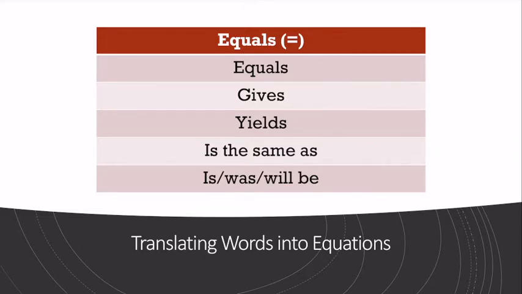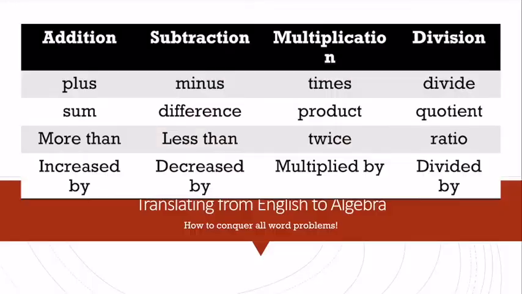I'm not always going to say equals when I'm telling you that two terms are equivalent. I could also say gives, or yields, or is the same as, or is, was, or will be. These are all equivalent to saying equals. The same thing holds true when I'm talking about our operations. So for addition, subtraction, and multiplication, I may not always